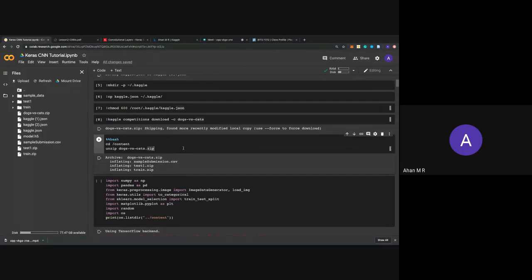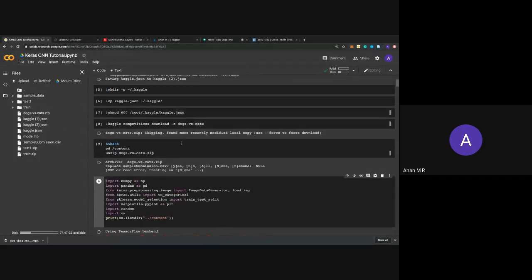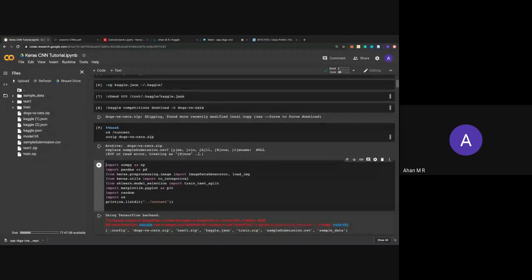On Colab, there are a few shortcuts. You can convert your shell to a bash shell by just adding this command. This folder is called content, right? So you will cd to that particular folder, and then you'll unzip the zip file there. I don't need to do that because I already have it. I think it'll take a minute to unzip all the files.